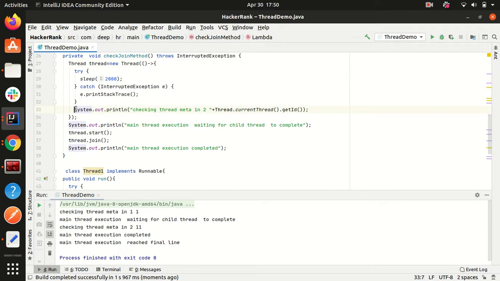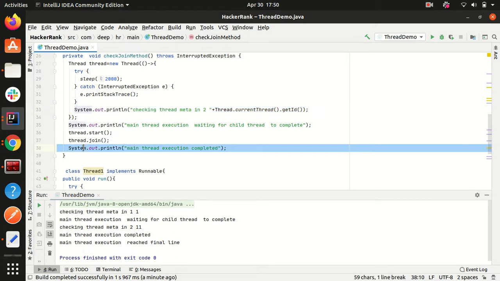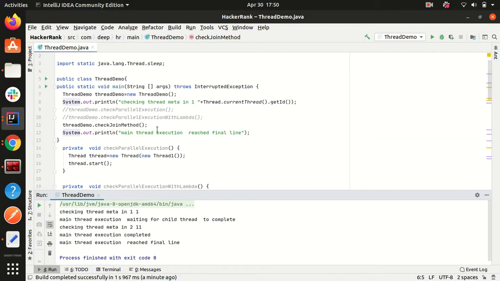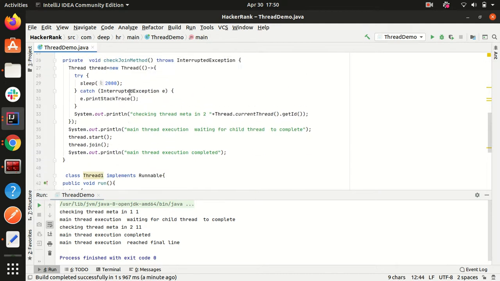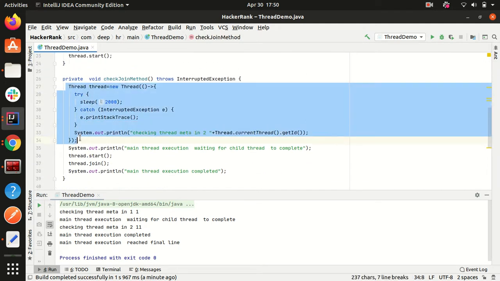Inside this, after the sleep, we printed "checking thread meta 2" and the ID of the thread was printed as 11. After this, the thread execution was complete. So thread.join completed, and "main thread execution completed" was printed, and then "main thread execution reached final line" was printed. As you can see, the parent thread's execution was blocked until my child thread's execution got completed.